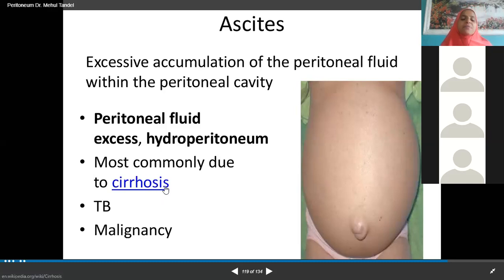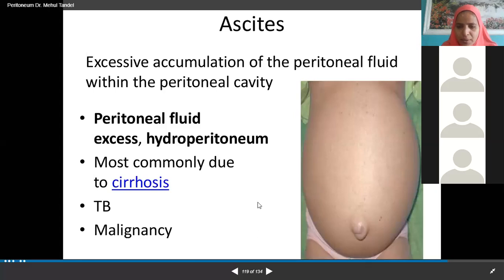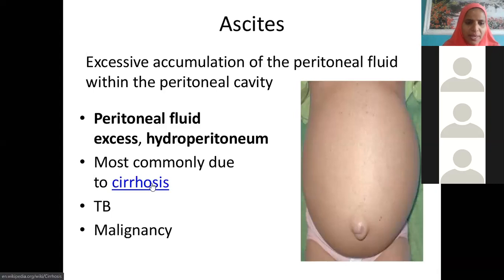In case of cirrhosis, the liver will not be able to synthesize plasma proteins. Plasma proteins, albumin and globulin, are synthesized in the liver. So when the liver is not working in cirrhosis, in alcoholic cases we generally see the whole parenchymal tissue of the liver replaced with fibrous tissue. So no hepatic cells, and all functions are gone, including the synthesis of plasma proteins.